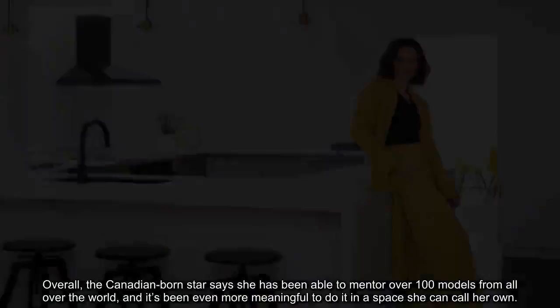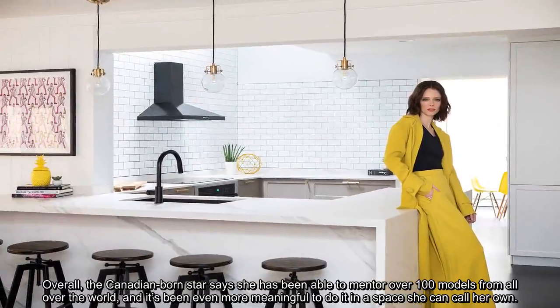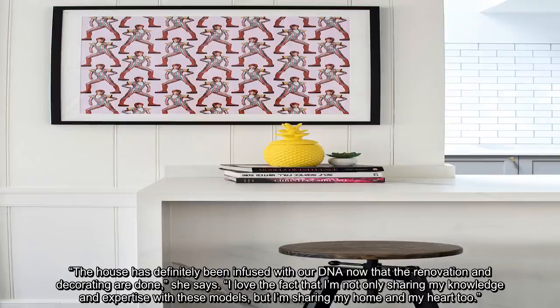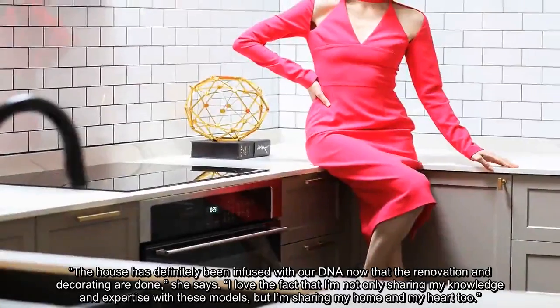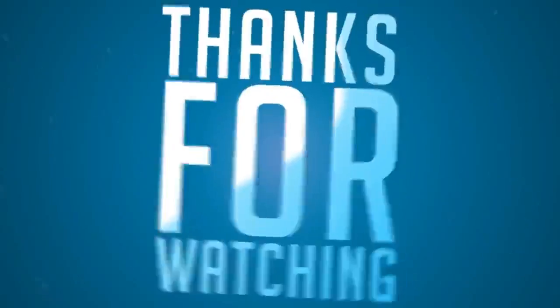Overall, the Canadian-born star says she has been able to mentor over 100 models from all over the world, and it's been even more meaningful to do it in a space she can call her own. "The house has definitely been infused with our DNA now that the renovation and decorating are done," she says. "I love the fact that I'm not only sharing my knowledge and expertise with these models, but I'm sharing"